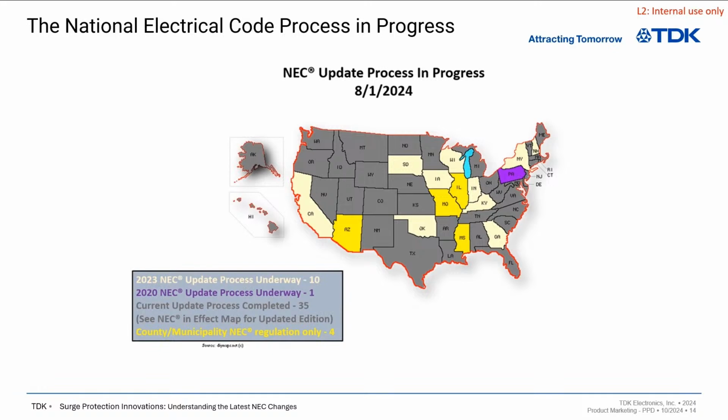The latest 2023 edition of the NEC was issued by the NFPA Standards Council in August 2022 and took effect in September 2022. This officially became available for federal, state, county, and municipal governmental entities to update their electrical installation